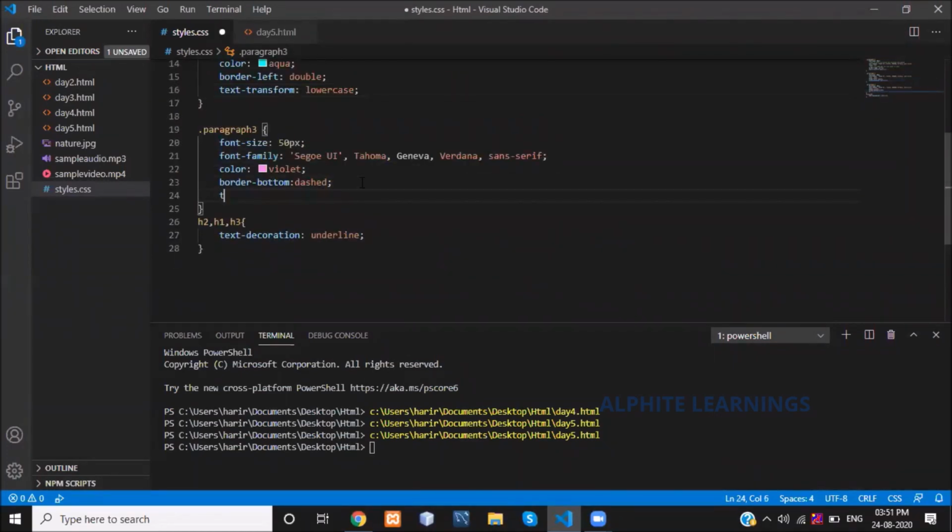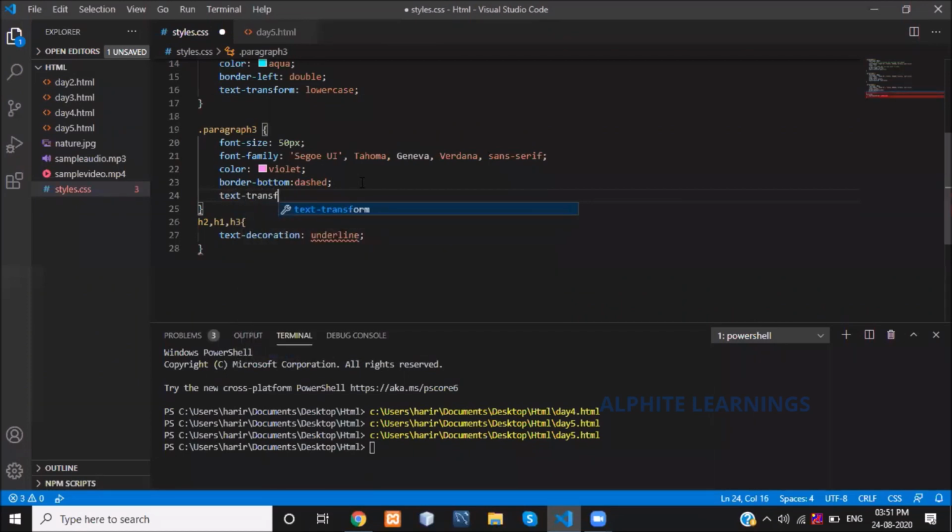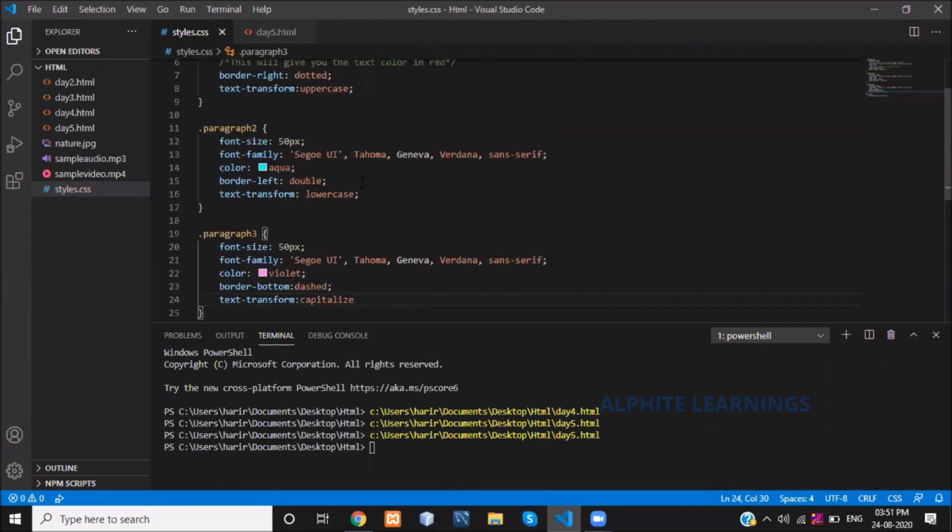The third transformation is capitalize. These are the three different transformations of text in CSS. What does capitalize do? We have each word, right? The first letter of each word will be displayed in capital or uppercase.